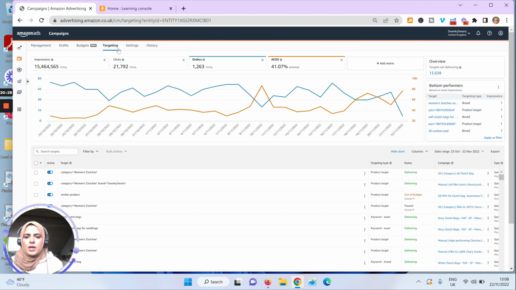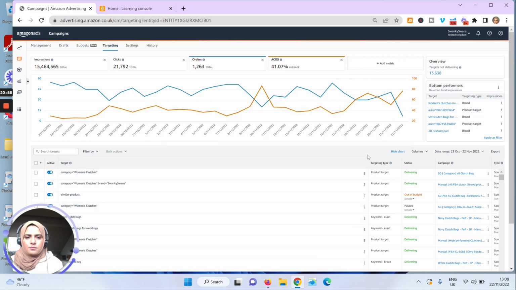So yeah, you can see all the different targets over the last 30 days, and there is a lot of them. So I won't go into the targets not delivering at 13,000. Okay, that's interesting. And then targets, bottom performers. I guess you can also see your